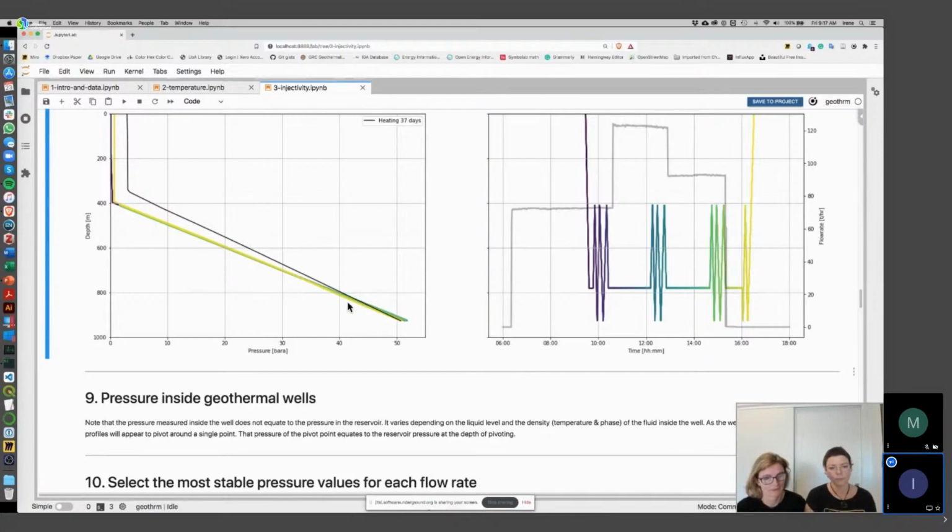Exactly. So you can't take these pressure profiles and say, hey, that's the pressure out in the reservoir. What you're actually doing is the only point that reflects the reservoir is the pivot point. And so in my world, I really want to know that reservoir pressure profile, because I'm a whole system chick. And so we take these pivot points and you look at all together as a data set,